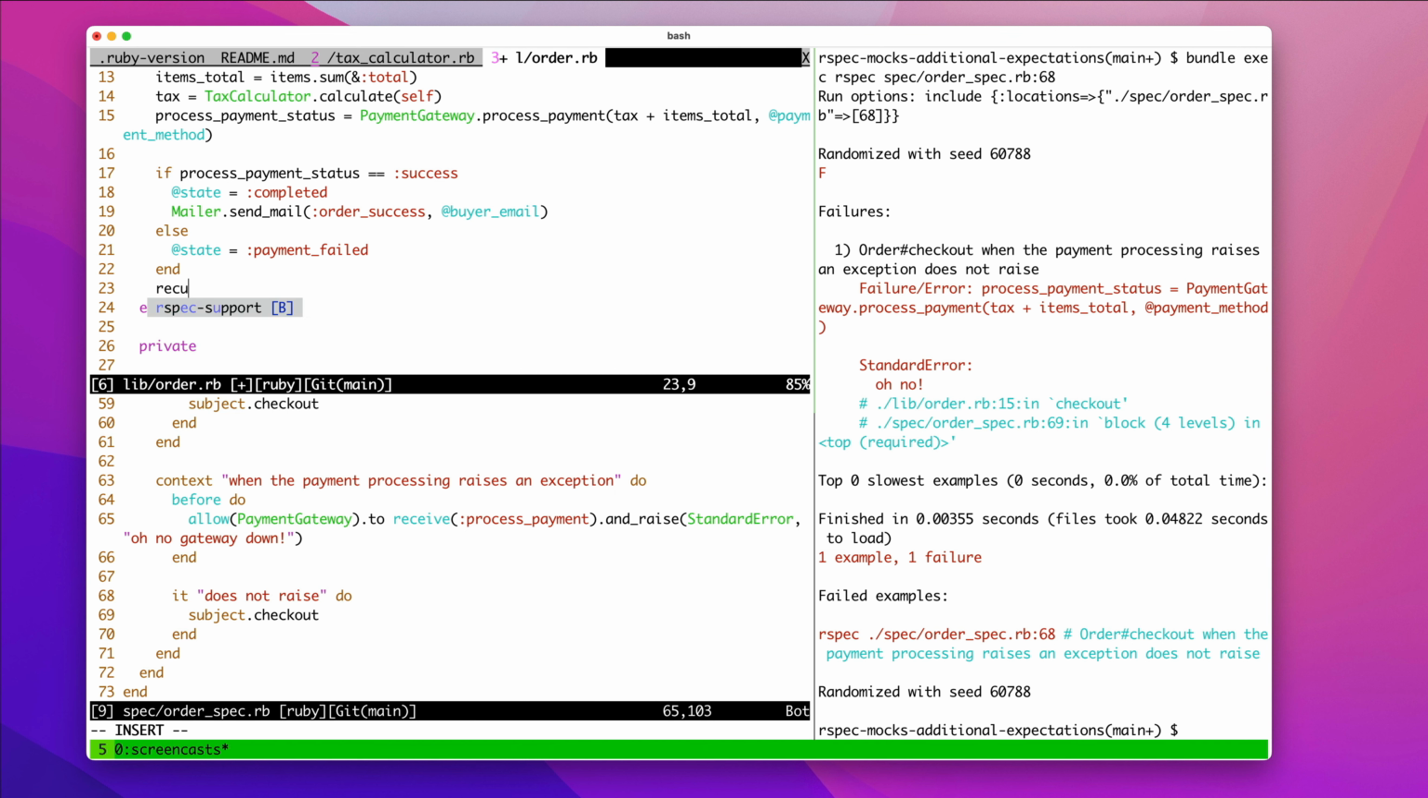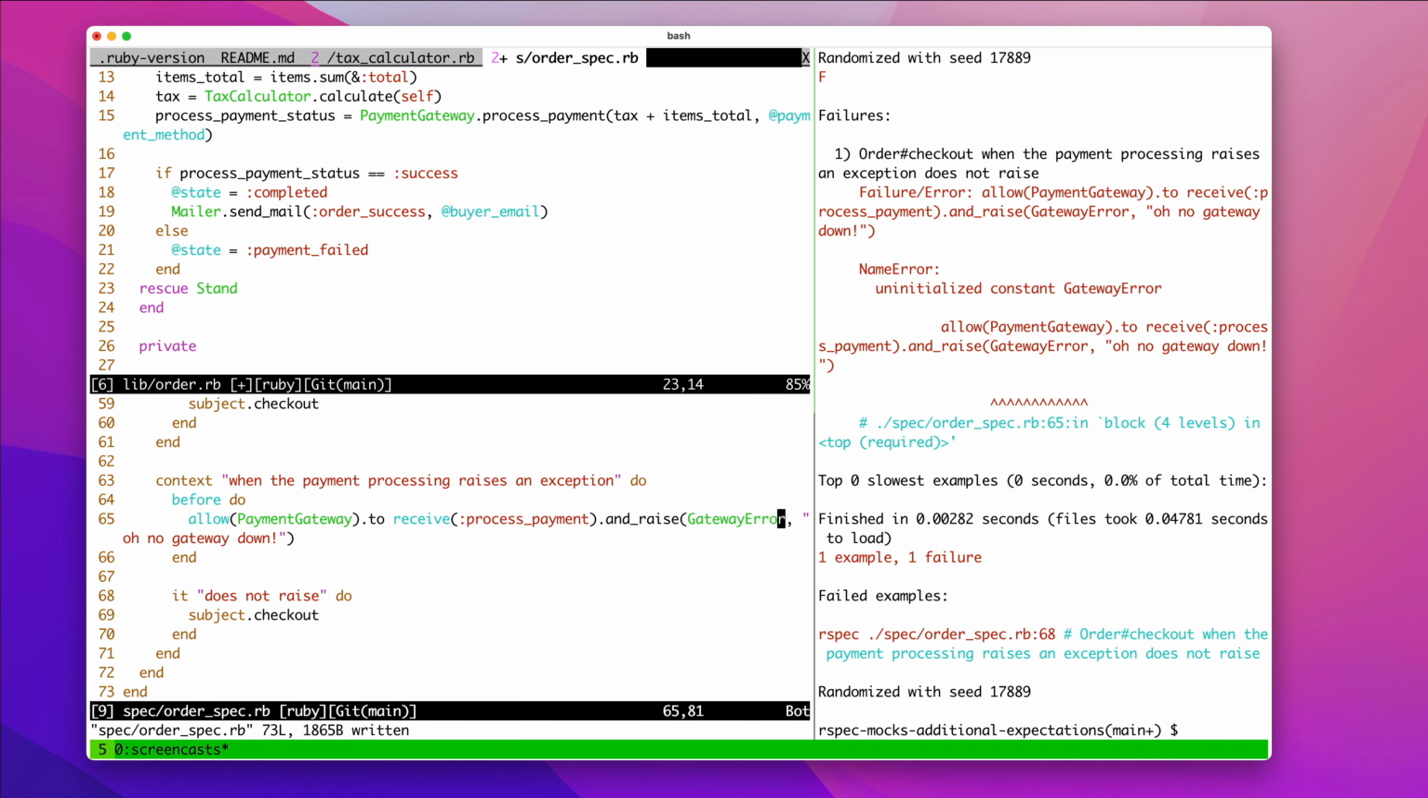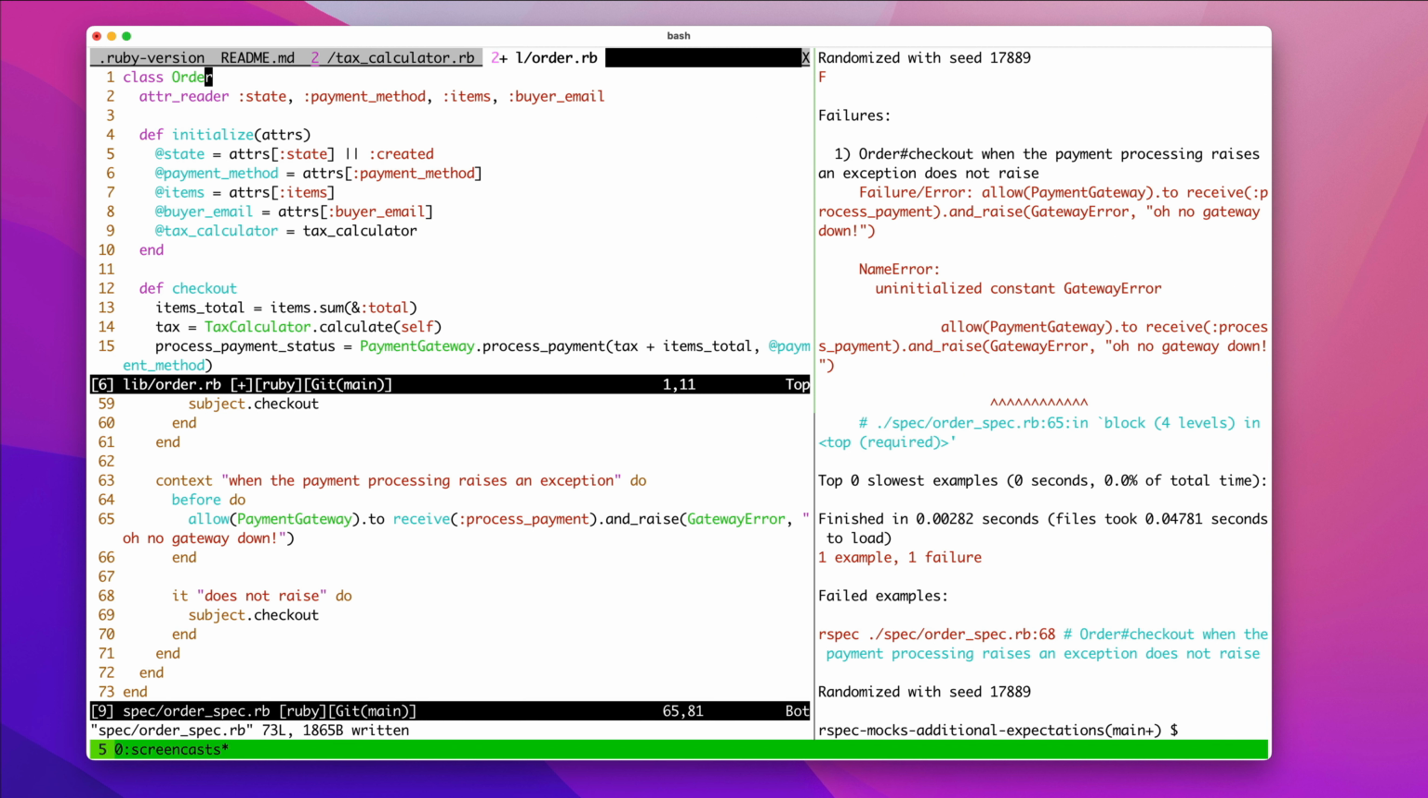Then here, we would just use the normal rescue behavior in Ruby, and we would rescue standard error. Let's actually use a different error, because standard error is really generic. We'll say gateway error, and let's run that. It fails because we don't have a gateway error, so let's